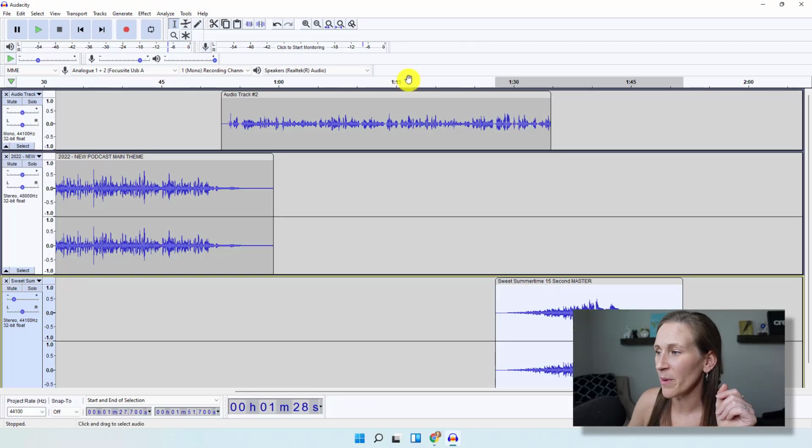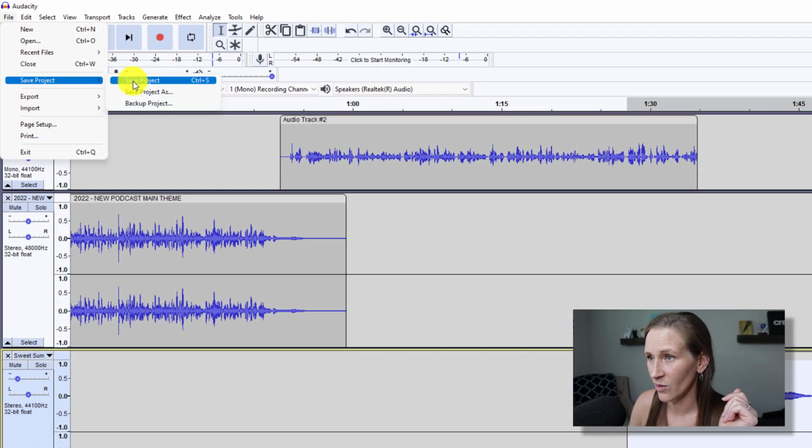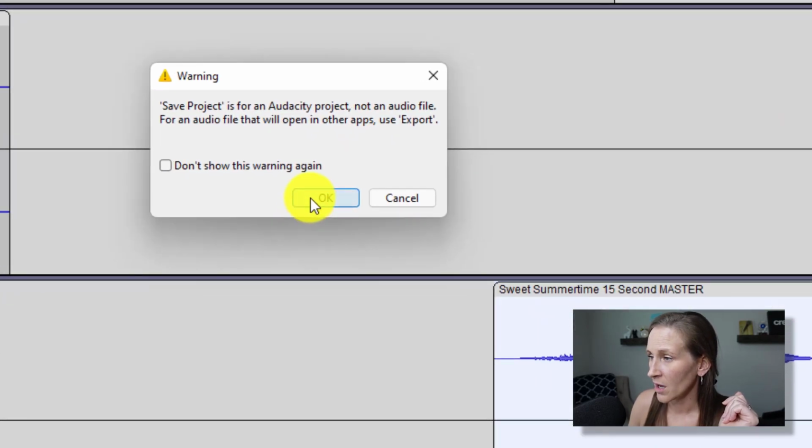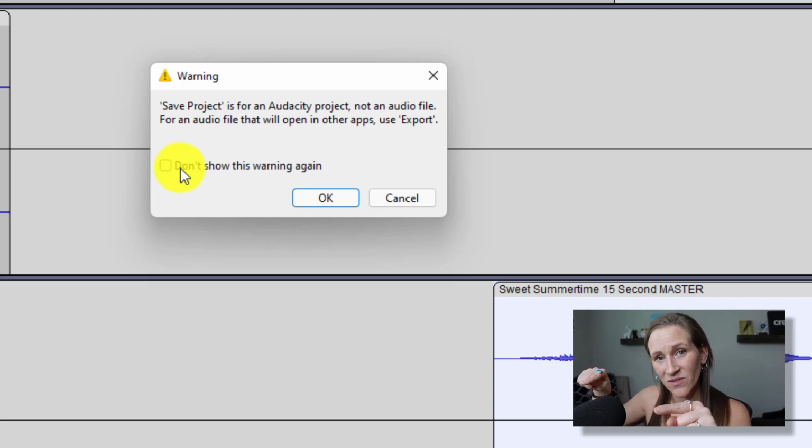All right, so let's go back and finish this. I haven't saved it yet, so let's go and save it. Okay, and this is letting you know, because I normally click "don't show me this again," but this is telling me, hey, by the way, this is an Audacity project. This is really important because even if I save this as is, I can't take this file and put it